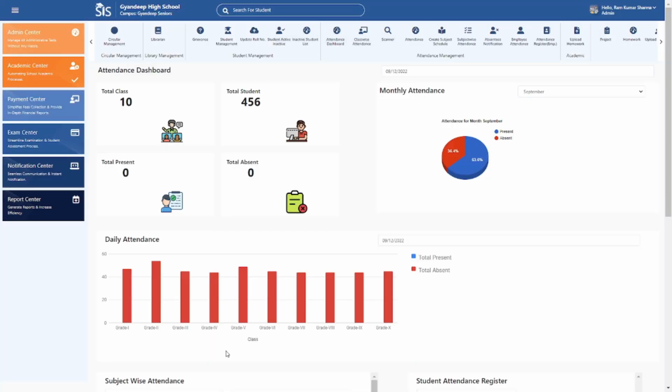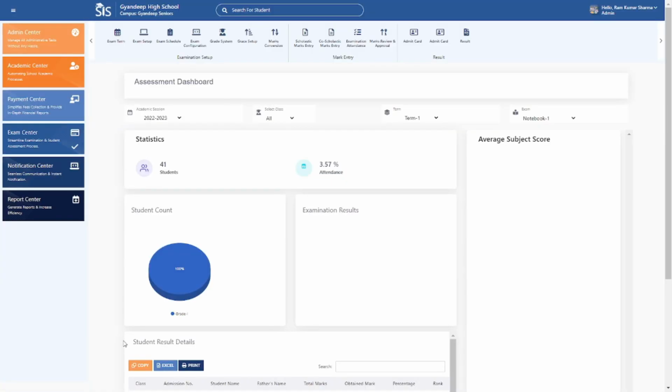Hi everyone, today we are going to discuss the examination center that we have in our student information system. For that, first you need to go to the exam center. I am going to discuss the sub-modules of examination setup today. In examination setup, we have sub-modules like exam term, exam setup, exam schedule, exam configuration, grade system, grade setup